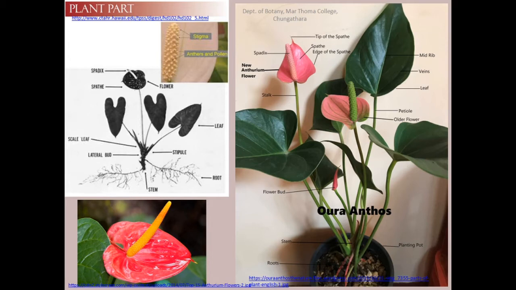So this plant has got a colored leaf-like structure just below the flower stalk. It is the spathe. So this is the most attractive part of this flower. And this is the flowering stalk, and the stalk bears small dot-like structures, which is actually the flowers. So the tip of the flower stalk is known as the spadix, and the leaf-like structure is known as the spathe. So the spathe is actually meant to protect the flower. The flower stalk or the spadix is protected by the spathe.